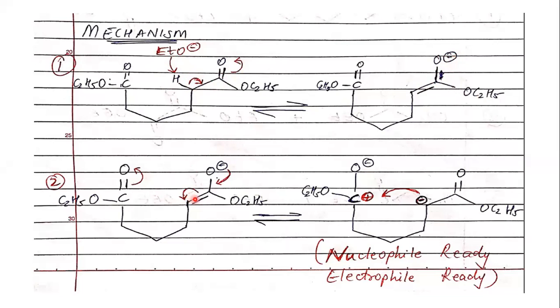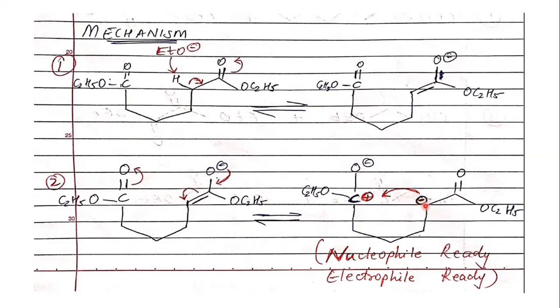Second step, again, there will be a nucleophile generation and an electrophile generation. Here, pay attention: we cannot have two different reactants. We have only one reactant. That is why this molecule has to act as both an electrophile and a nucleophile. I have drawn the same structure over here. In the second step, the lone pair on the oxygen again comes back as a double bond. You can see here the double bond is back. The double bond between carbon and carbon has now shifted to this alpha carbon. So this alpha carbon now has the electrons.